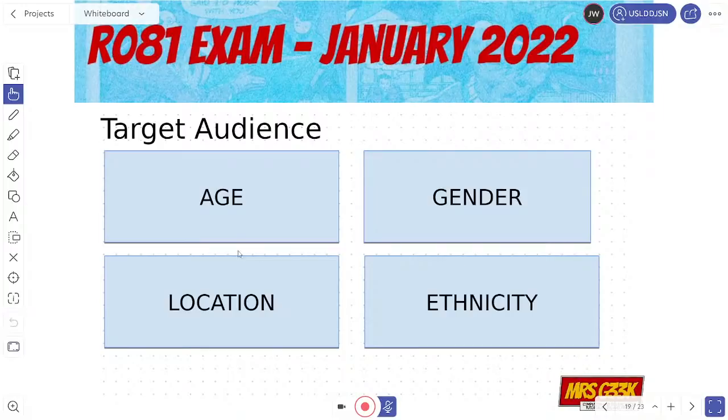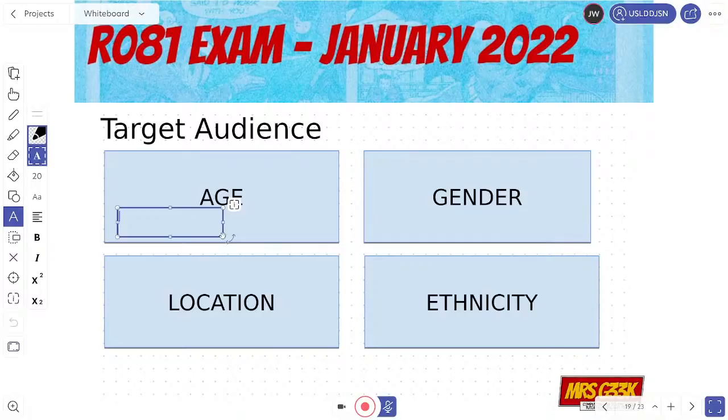So age, people tend to typically give really large age ranges when they're doing target audience. Be as specific as possible. I would say roughly, if you can help it, about like 5-year bands, because some people, so a classic example here is R082. Now my lot are doing the book cover, and for the book cover some of them said, oh well, my book's suitable for children, so I'm going to do it from 2 to 16. Now I don't know about you, but when I was 2, I was not reading the same books that I was when I was 16. So that age group isn't going to work, because how are you going to make something that's going to appeal to a 2-year-old, but also to a 16-year-old?